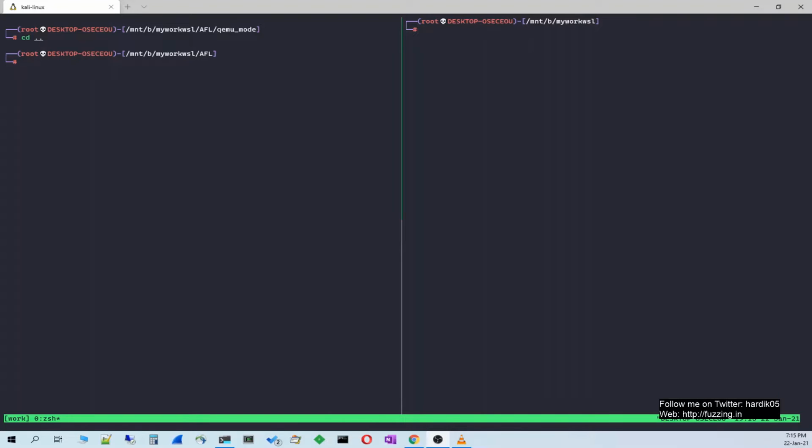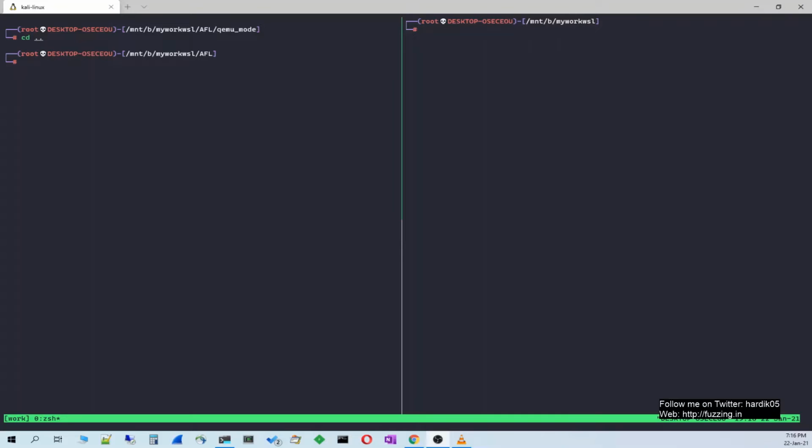So basically when you want to fuzz a program, particularly on Linux, you generally have the source code of that program, but there are many instances where you don't have the source code. So how do you fuzz that? There is a very interesting approach which has been taken by AFL. For that we can use a software called QEMU, and AFL has support for that.